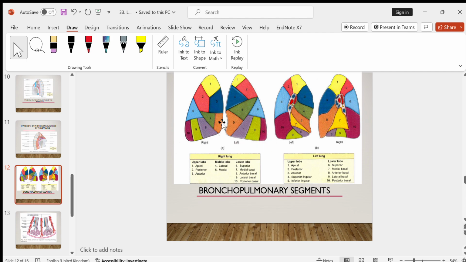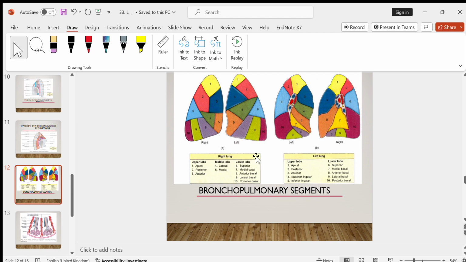So the various segments in the right lung, we have the apical, the anterior, and the posterior segment. In the middle lobe, we have the medial and the lateral segment, and in the lower lobe, we have the superior, anterior basal, lateral basal, posterior basal, and the medial basal is on the posterior surface. This is the right lung posterior surface, and this is the right lung anterior surface. So on the anterior surface, we cannot see the medial basal, that is only visible on the posterior surface of the